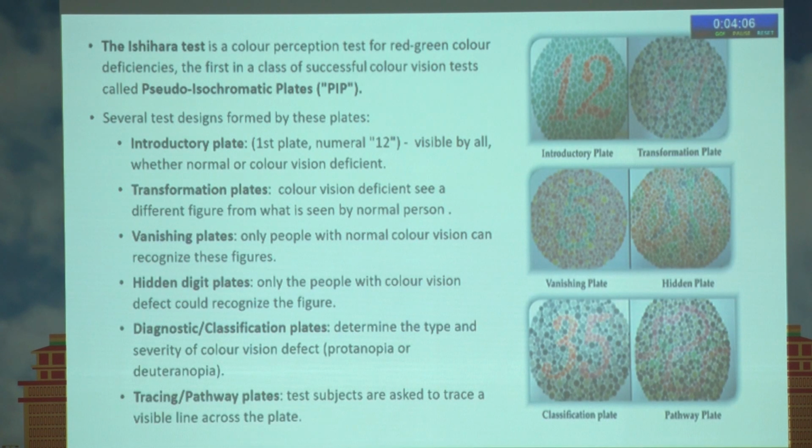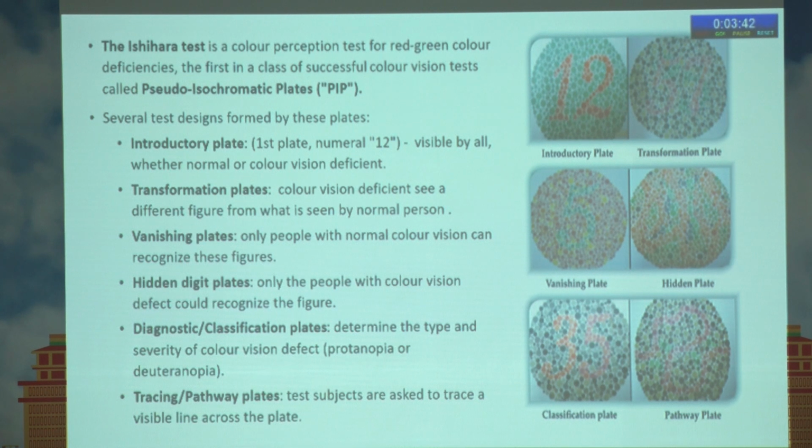The Ishihara test is a color perception test for red-green deficiency, which is the first successful vision test, called pseudo-isochromatic plates. There are several test designs: the introductory plate, having the number 12, which is visible to all; transformation plates, which the color vision deficient cannot differentiate and only normal people can see; vanishing plates, where only people with normal color vision can